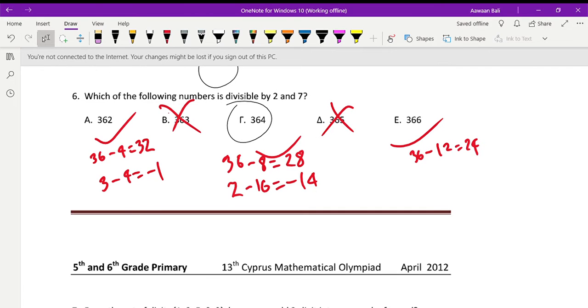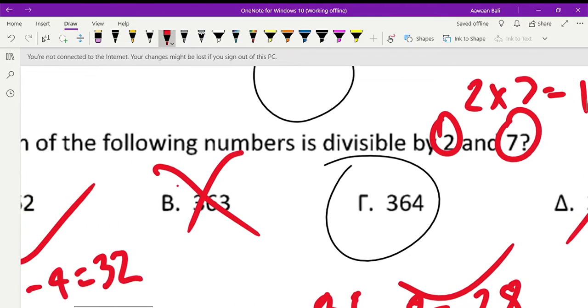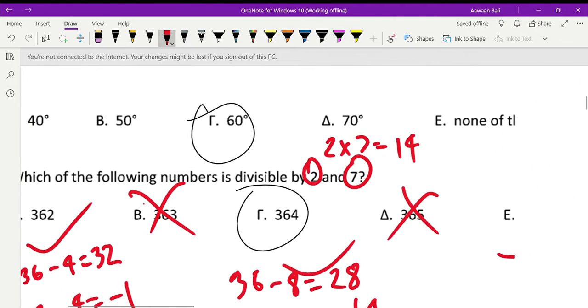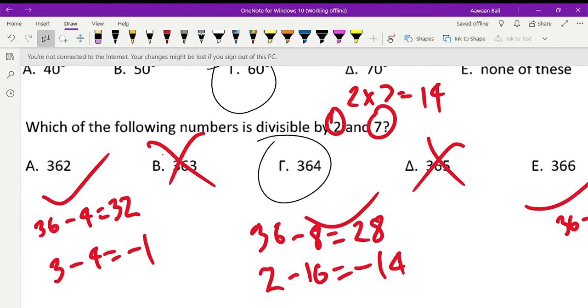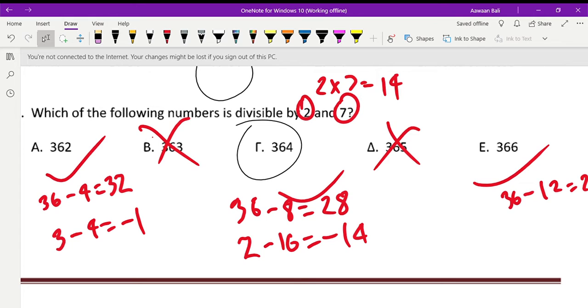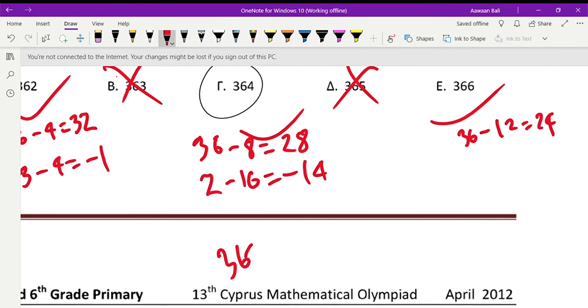However, another way you could do is maybe check if any of them are divisible by 14, because if you have 2 and 7, the LCM of 2 and 7, since they're both prime numbers, you just directly multiply, is 14. So you check if any of them are divisible by 14. You can directly cancel beta and delta in the process because they're odd. And if you're starting with a multiple that's even, all of the numbers will always be even too. So here when we check 364 divided by 14,